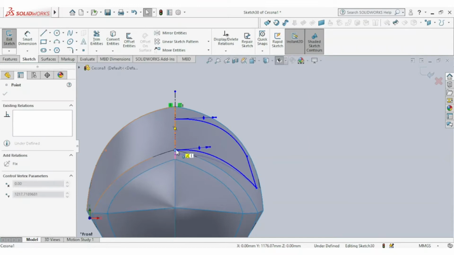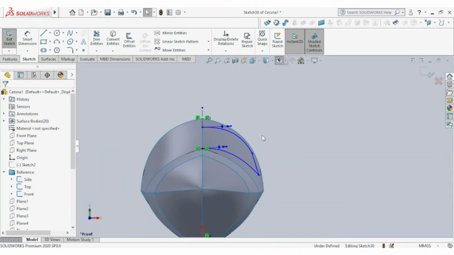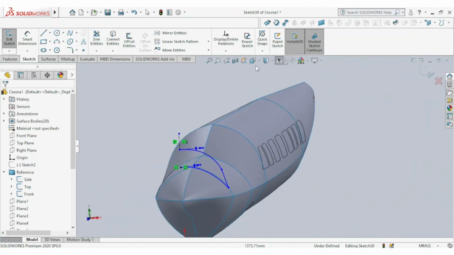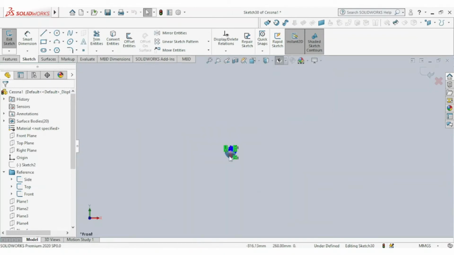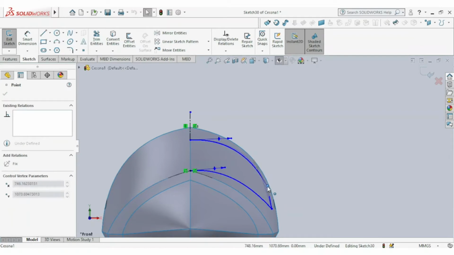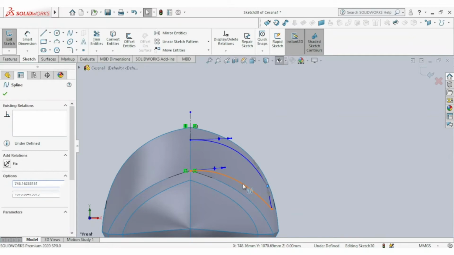Okay, let's rotate and see to come. Okay, with the front view, and this point just this a bit, and even this.